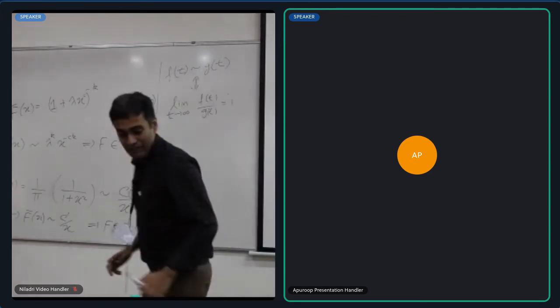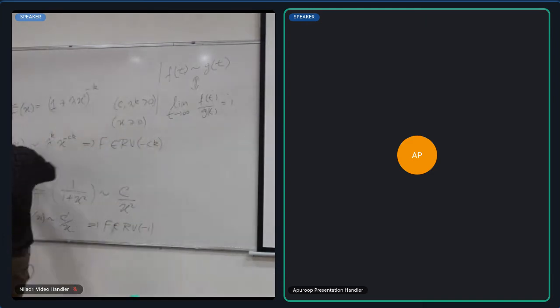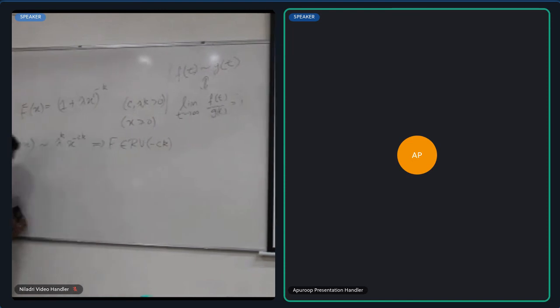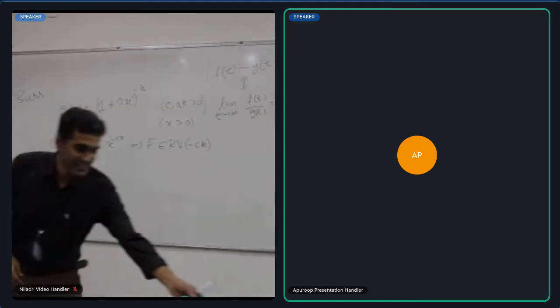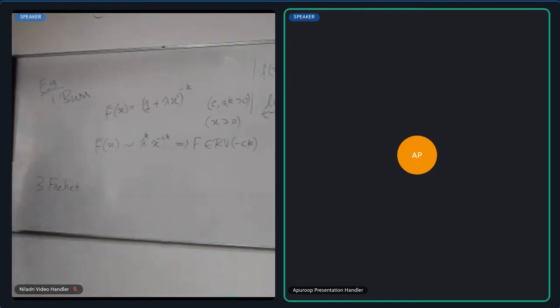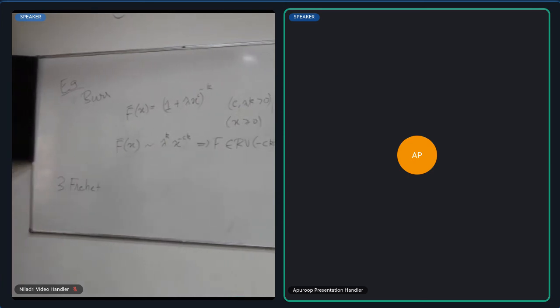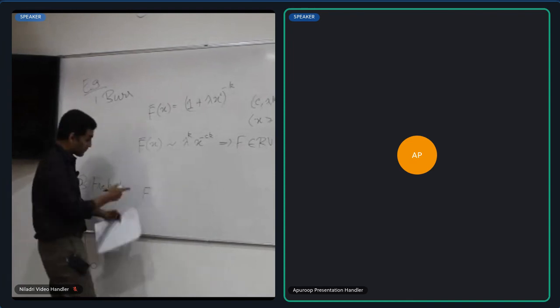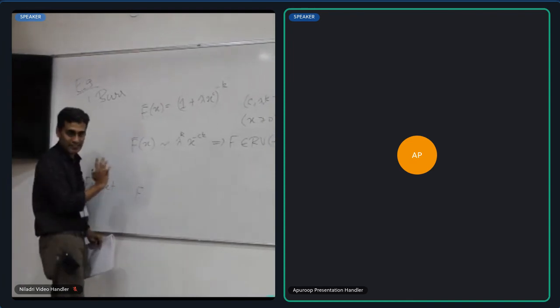Okay, so one final example I have, and that is the Frechet. The Frechet is something that we will talk about later in the tutorial as well when we talk about extreme value theory. So I'll just write it here. This is a bit interesting because here the power law is not necessarily staring you in the face when the definition is written. Right? So the Frechet is defined. I'm going to define it via the CDF rather than the CCDF.